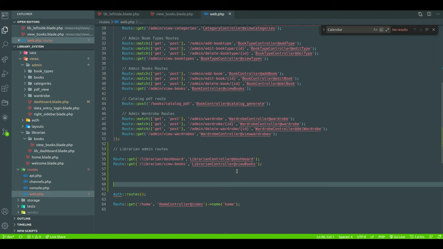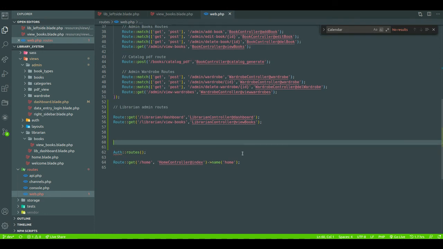We don't need add book or edit book or delete book. Because the librarian only sees the whole book details. Only view, the librarian can do it, but not update it. Edit, update, add or delete is all in the data entry section. Data entry can do this, but the librarian cannot.